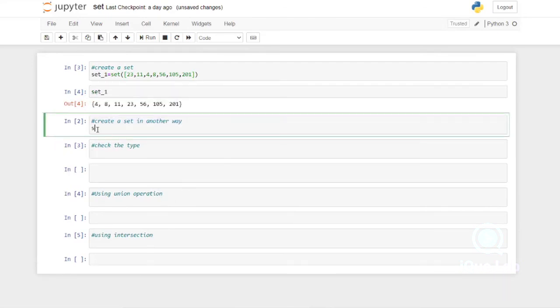Now we can create the second set named set2. Here I am not using the set function; instead of that I am listing all the elements within curly brackets.